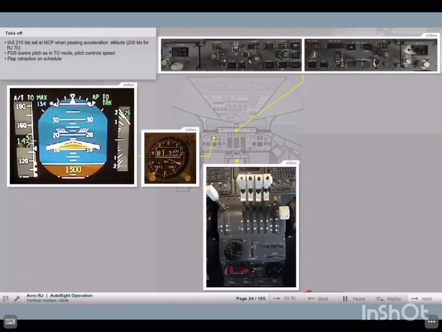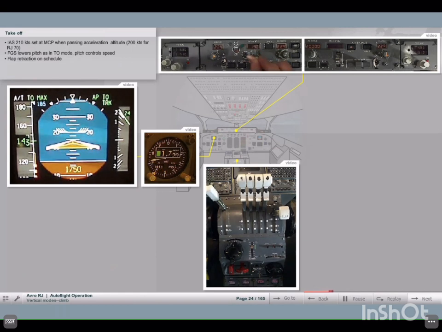When passing the all engines acceleration altitude, the speed is set to 210 knots, respectively 200 knots for the RJ-70, at the MCP. As the vertical mode is still takeoff, the aircraft will lower the nose to accelerate and